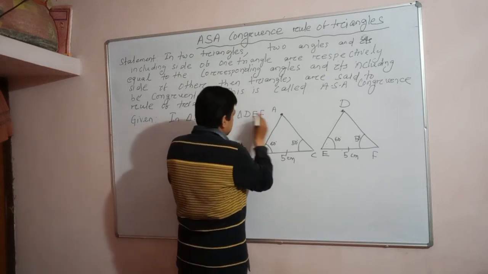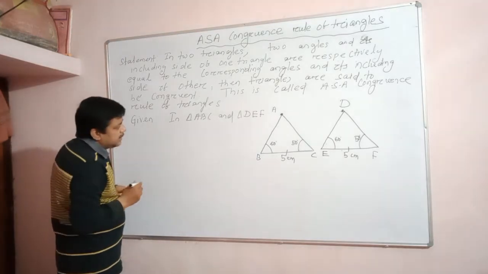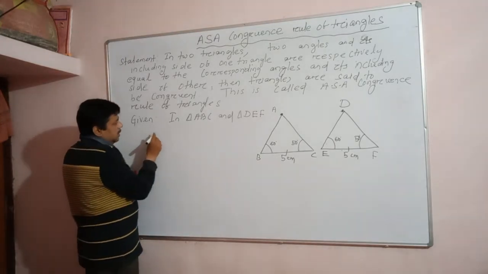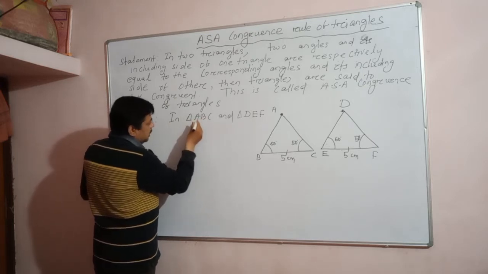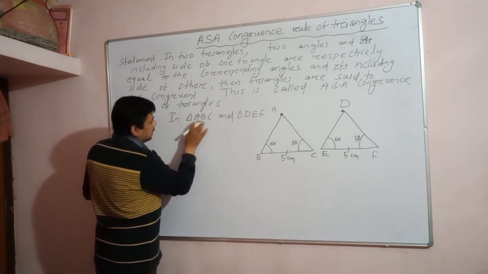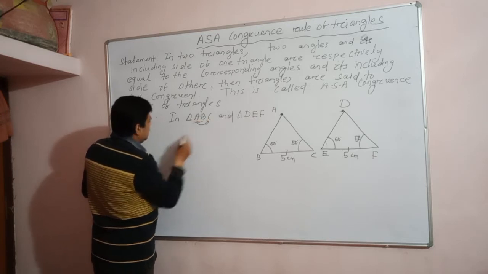In these two triangles we are discussing. Okay. So in this case what will happen? It is given that ABC angle, let us move ABC angle. How I am moving, you see? ABC angle.